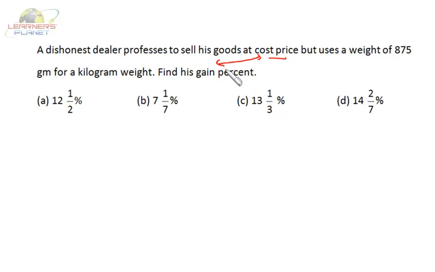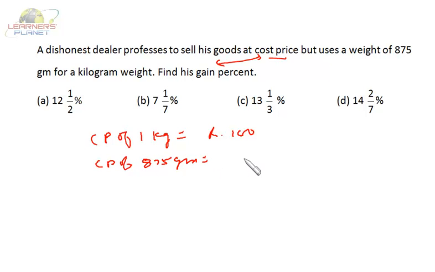Now let's assume the cost price of 1 kilogram is rupees 100. Friends, we are trying to derive a logic for this particular question, and the same logic can be applied to this type of question. So cost price of 1 kilogram is rupees 100. Now what will be the cost price of 875 gram? Since he is selling 875 gram and telling that he is selling 1 kilogram, the cost price of 875 gram is